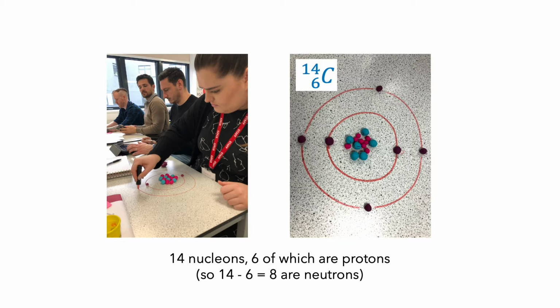So this topic leads on nicely from teaching about atomic structure, and it's really important that students know how to work out how many particles are present in an atom from looking at the data on a periodic table. For example, carbon-14, with 6 protons, has 14 nucleons. These are the protons and neutrons that inhabit the nucleus, 6 of which are protons, and the protons are what make this a carbon atom, whereas the neutron number is variable and gives rise to different isotopes. Here we've got 8 neutrons.